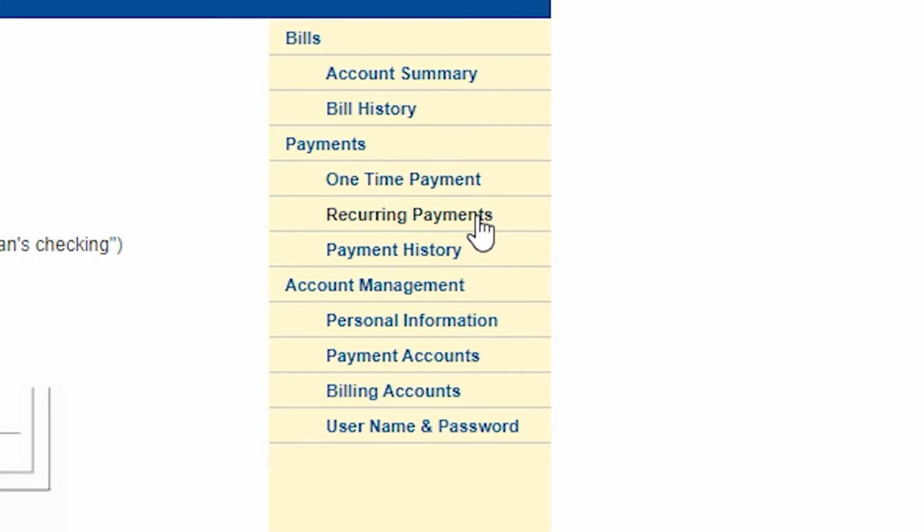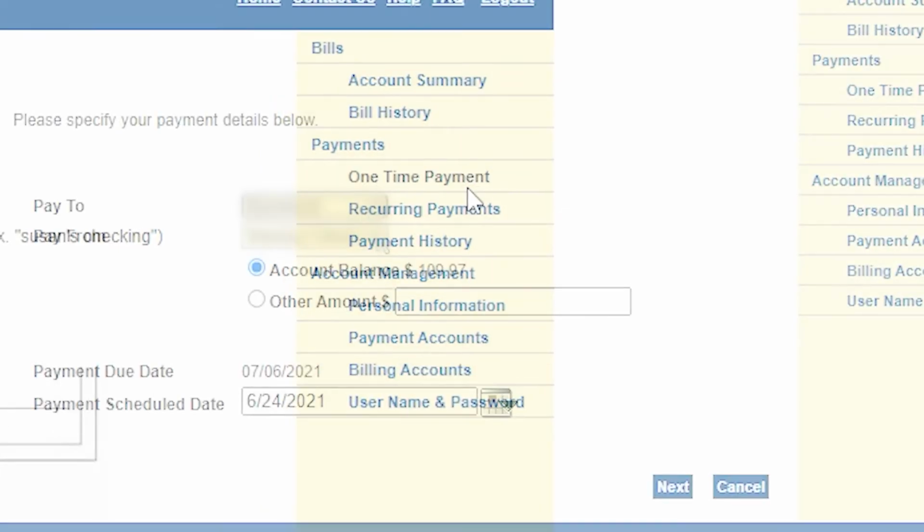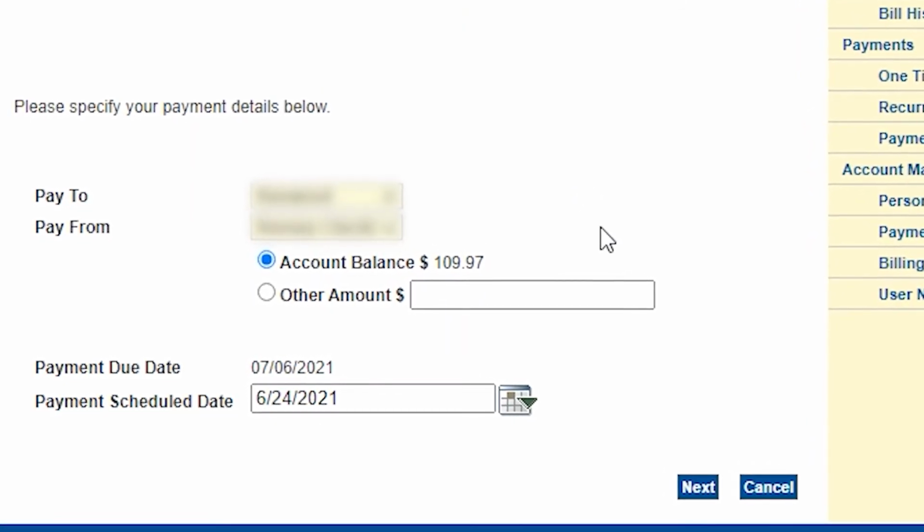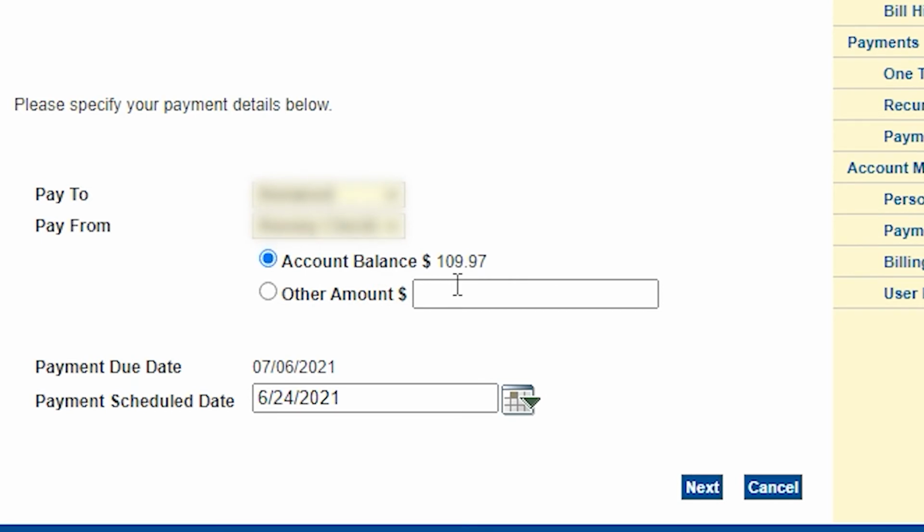And so first, if you're wanting to just make a one-time payment, on the right-hand side, you will click the One-Time Payment tab, and then you'll select the billing account that you'll be paying to and the payment account that you'll be paying from. You can either select the full account balance or a specific amount, and then schedule the day that you want the payment to be posted. On the next screen,